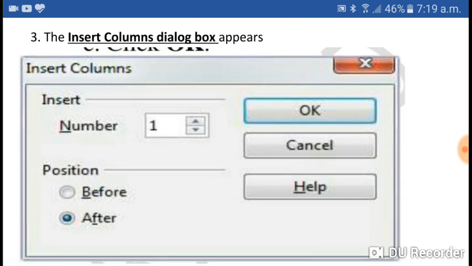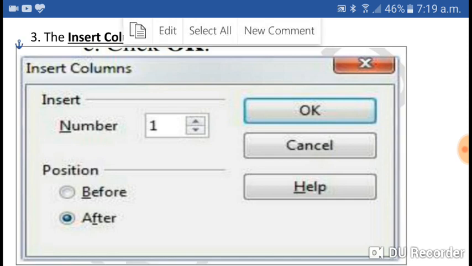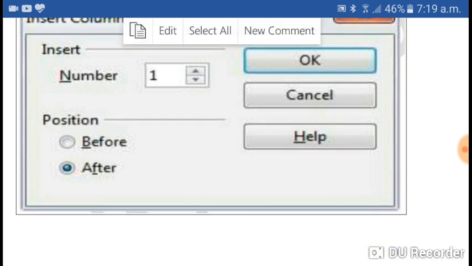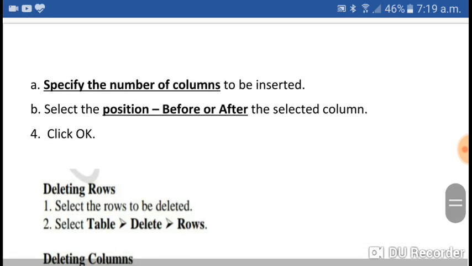Yes, see, it is similar to the insert rows dialog box, but here because we have selected the column option, it will insert columns. Select the number of columns you want to insert, and again position before the cursor or after the cursor. As per our selection, it will insert the number of columns in the table, and click on the OK button.